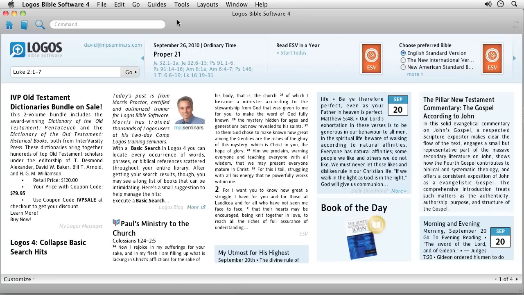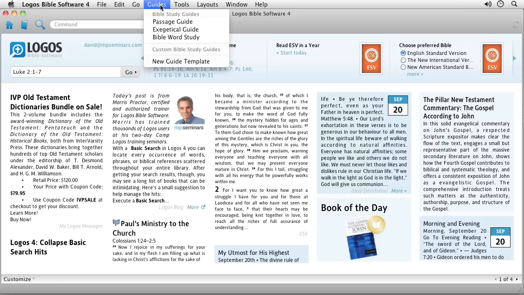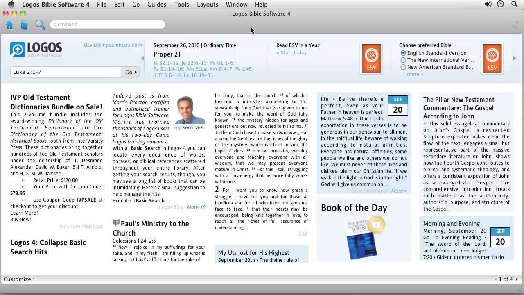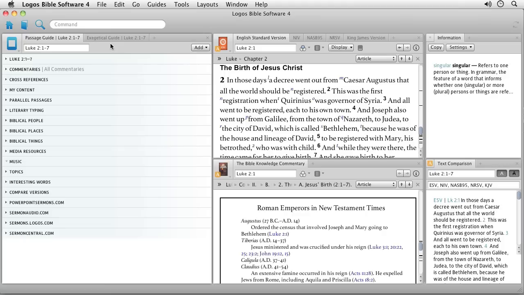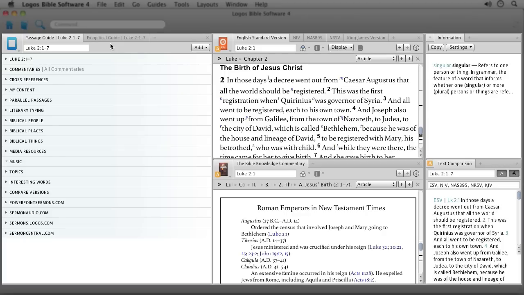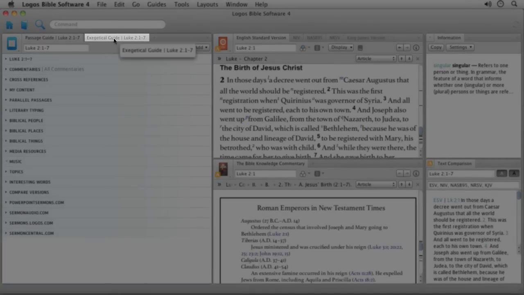Now, you can access Bible Word Study in a variety of ways. You can always choose the Guides menu and then select Bible Word Study. But here's a better way to access the Bible Word Study Guide. On the home page, you can enter a biblical reference in the passage box and then click Go. After clicking Go, you're brought to the default homepage Bible Study screen, and the exegetical guide is a part of